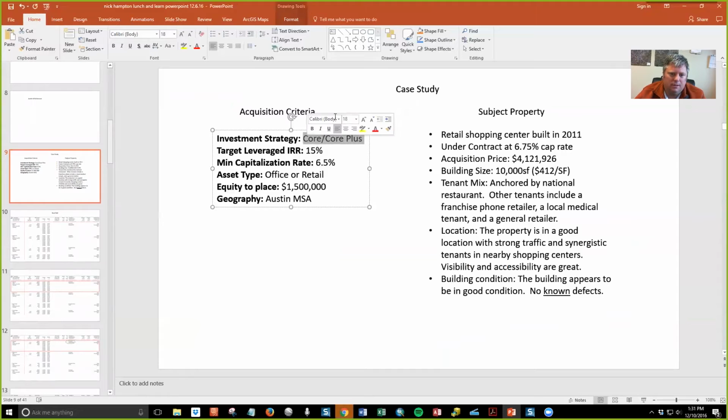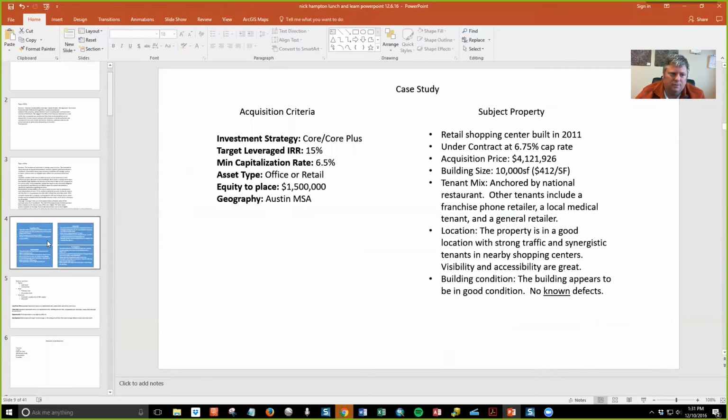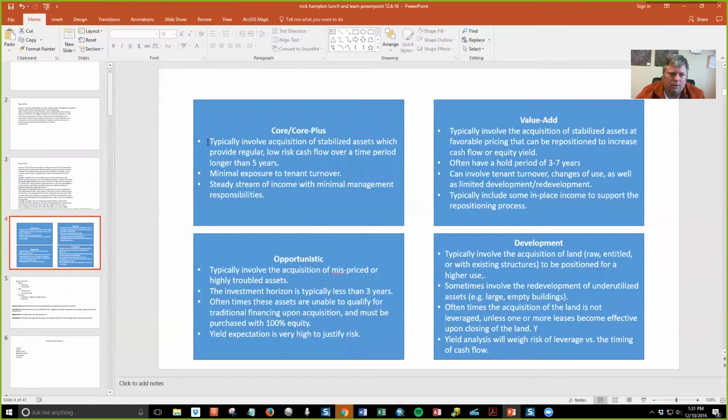Core means this is a simple investment. Core plus typically involves acquisition of stabilized assets, which provide regular low-risk cash flow over a period of time longer than 5 years. You got minimal exposure to tenant turnover, and you got a steady stream of income with minimal management responsibilities. So this last piece right here,